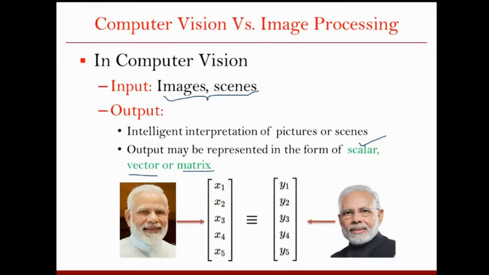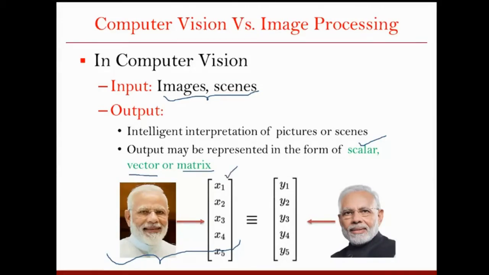So what kind of information are you going to get from this application? You are going to get whether the two images are the same or not. So what kind of output is it? The output is a scalar: whether the image is matching or not matching, so 0 or 1, you can say. In this case, the output is a scalar. But let's say you consider the computer vision task of going from this place to this place, that means from image to representation. It's a representation. In that case, you can say that the output is just a vector.